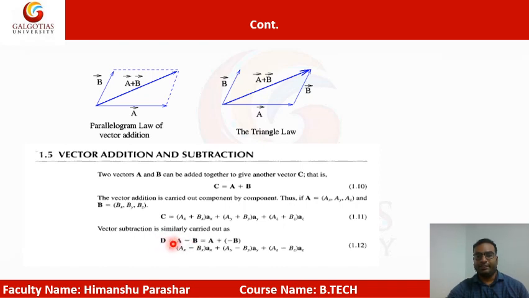As you see, d is equal to a minus b, but this minus is not for the subtraction part of a point. It is not mathematics, it is a simple logic. Like a is in the positive direction, then our b vector is in the negative direction, that's why we are taking minus b, or we can say negative b. So positive and negative becomes negative, so it becomes a minus b. That's clear from the figure also.